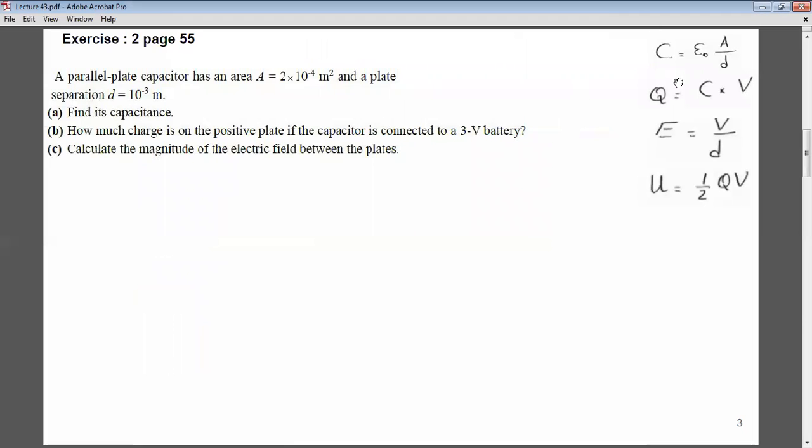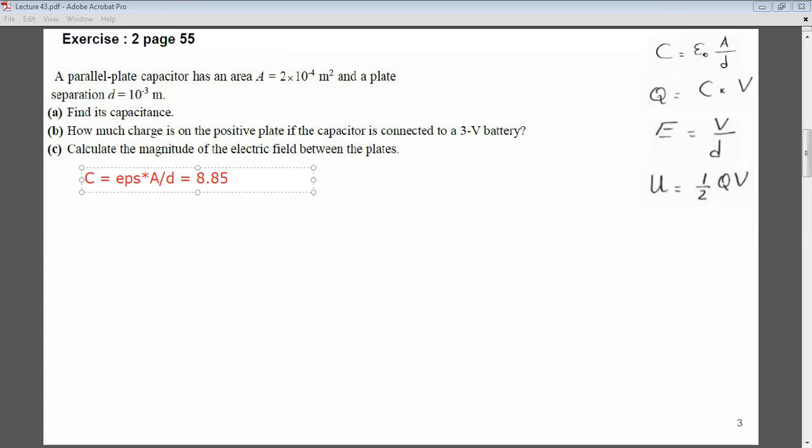So let's do one exercise using these four equations. A parallel plate capacitor has an area A equal to 2 times 10 to the power minus 4 meters squared, and the plate separation D equal to 10 to the power minus 3. Find the capacitance. So the capacitance, with the formula, is epsilon times A over D. So this is equal to